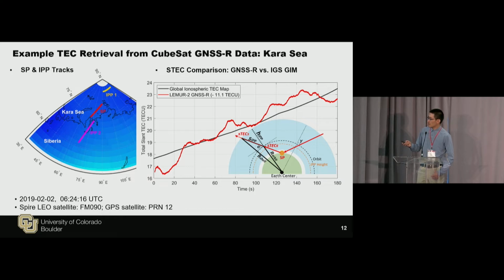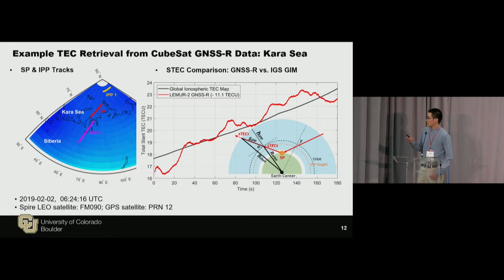And after reconstructing the carrier phase measurements using the SCANF method, then we can retrieve the slant TEC along the signal reflection path, which is a red curve. And we also compared it with the global ionosphere TEC map from IGS service. And we see an obvious consistent trend between the two of them. But from the reflection signal, we see very high precision and high resolution variation of the TEC in the ionosphere.